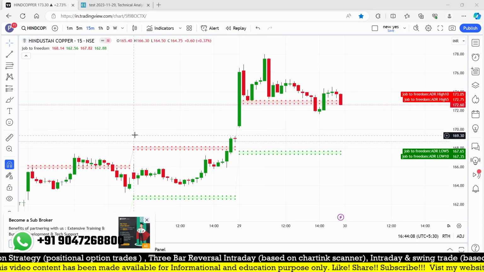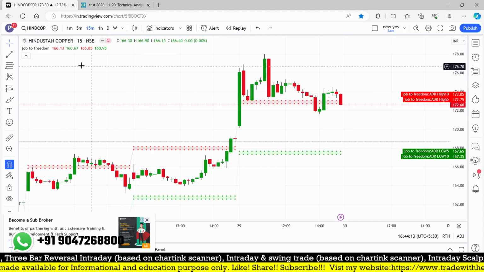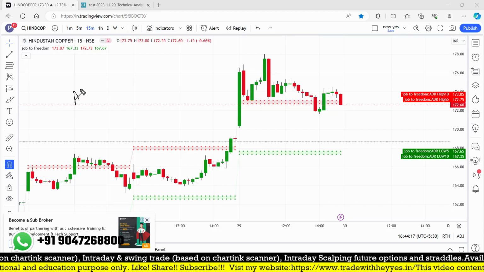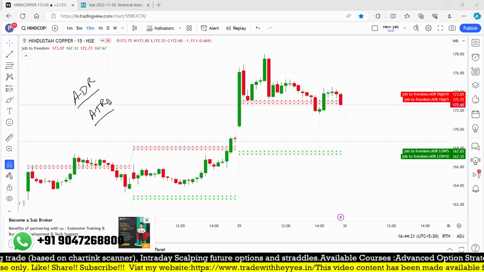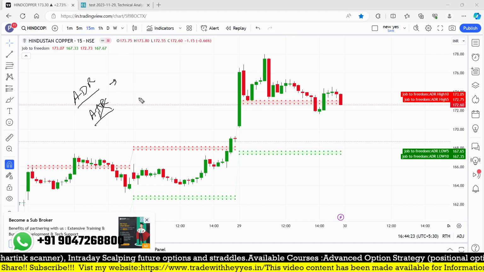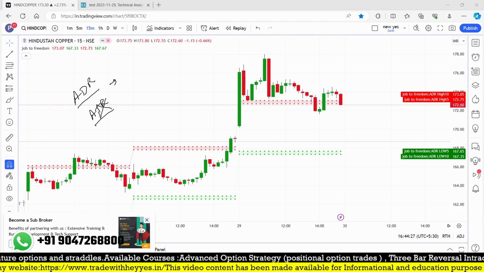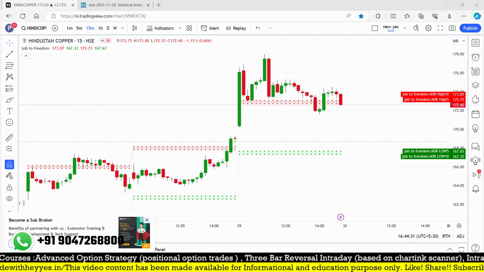Okay, so that is the indicator which works based on the average range of the last 10 days. So it is not ATR, it is ADR, average daily range. Some indicators use ATR, average true range. This is not that, it's ADR, average daily range. So based on that, we are deriving some levels by using this indicator, and